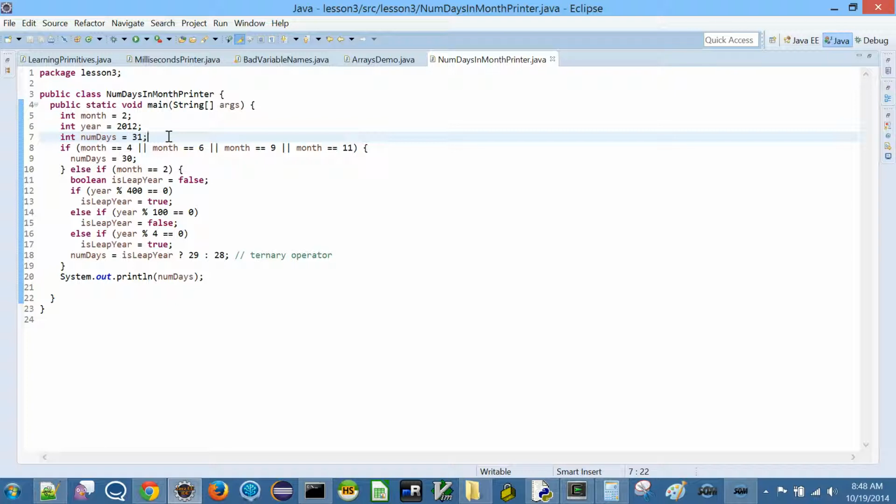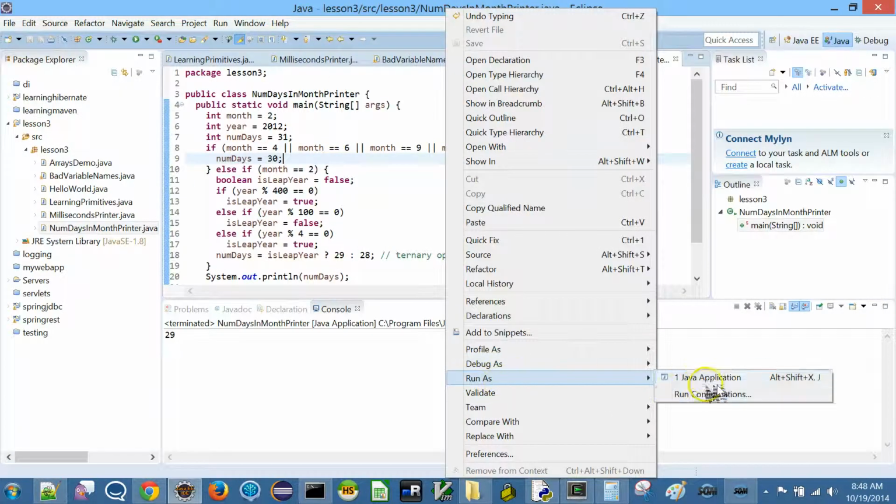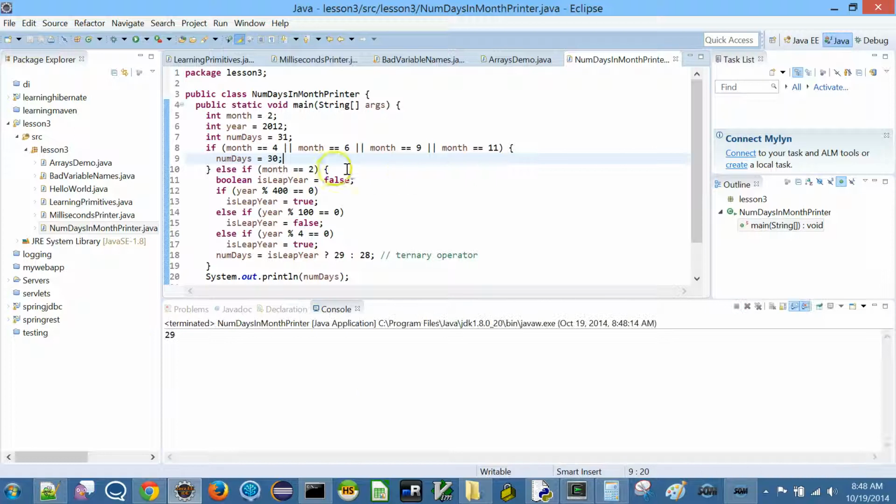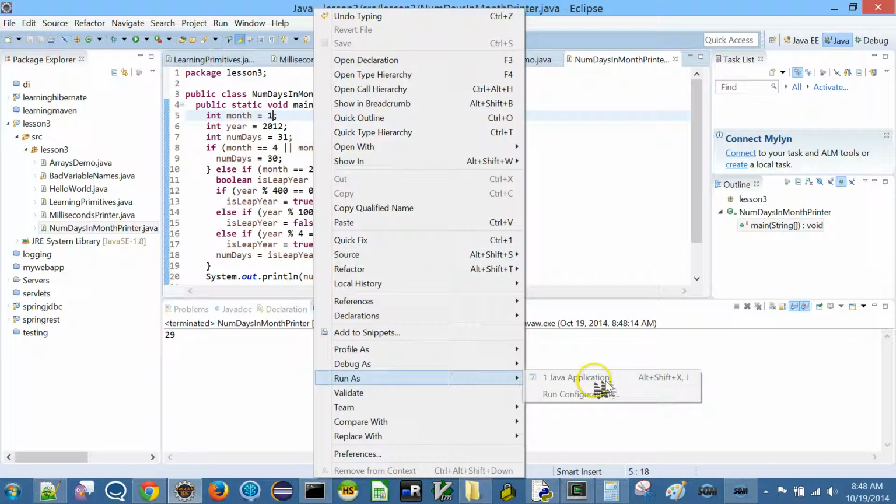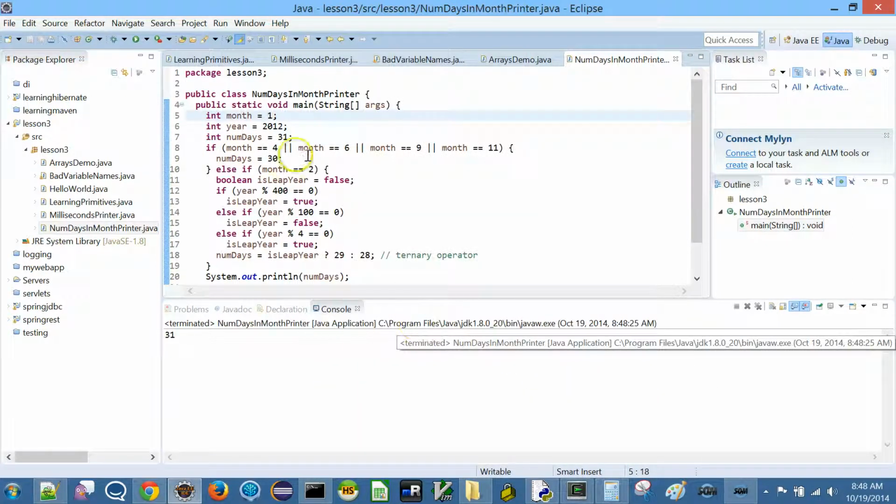And then we could come here, and then this is also an illustration of else if, right? So if this condition passes, then it will be fine, otherwise we come into else if. So let me just run this, and then again 29. Is this clear? And then if I say this is equal to 1, then it's not going to come through either of these, so it's going to print 31, which is our default.